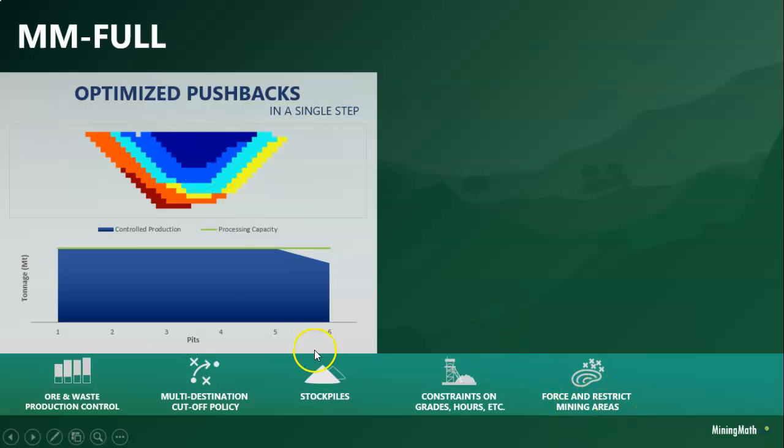And restrict mine is for example when you have a community close to here, so you cannot access this area during the first period. So we add a surface here, and it will limit this part. And afterwards, when we can access this area, this restriction will not be considered anymore. And the MindMath technology will understand this, and we will do your sequence based on it.